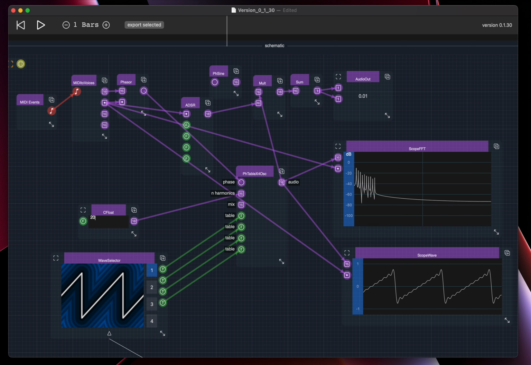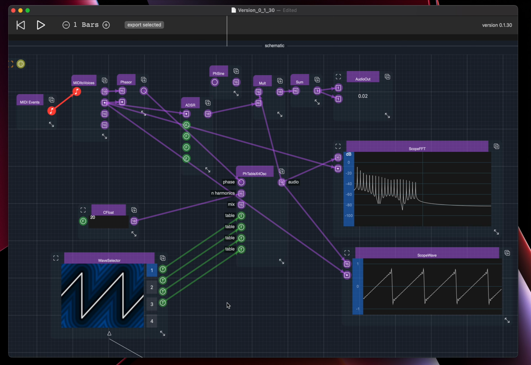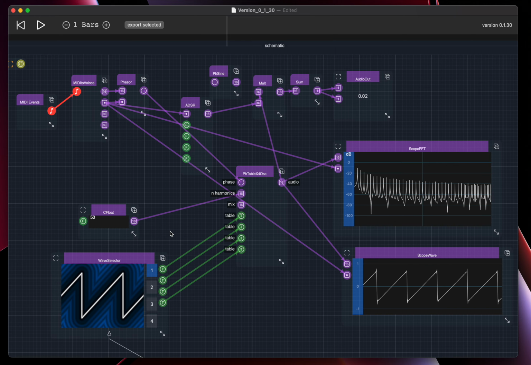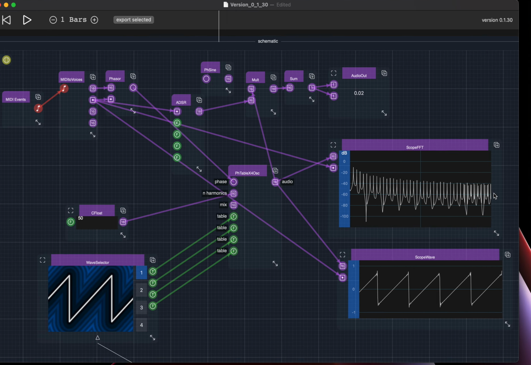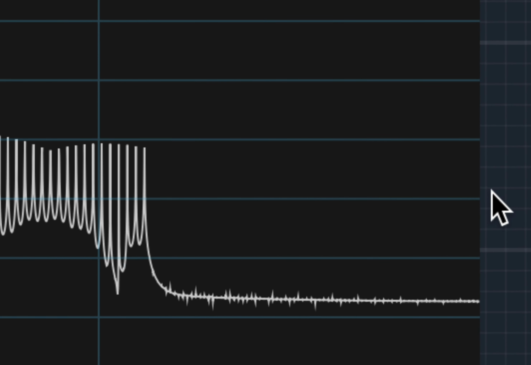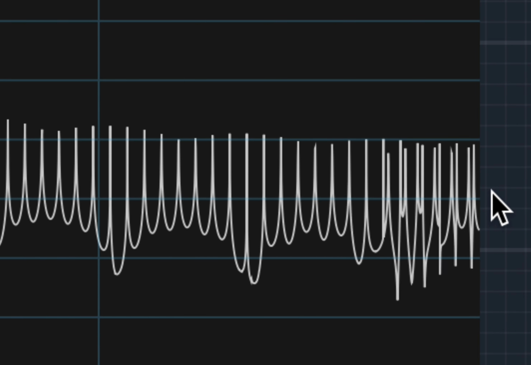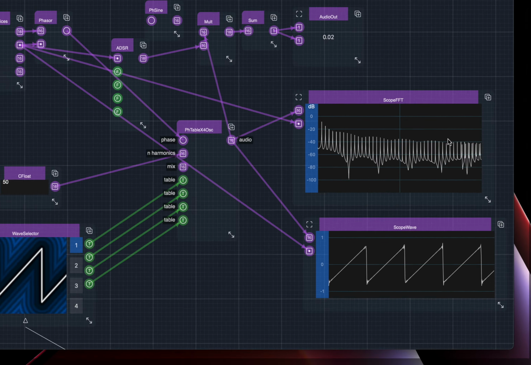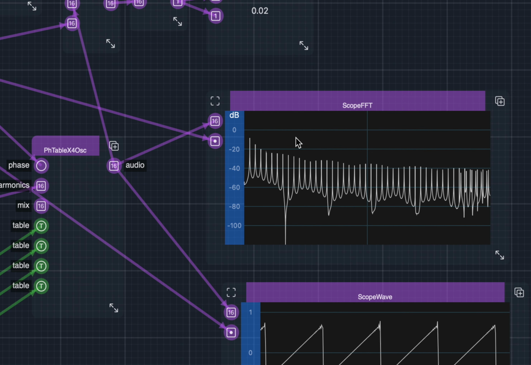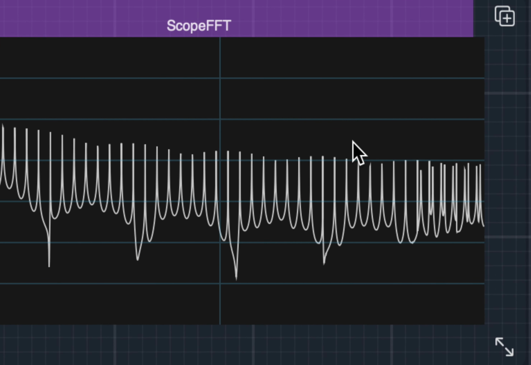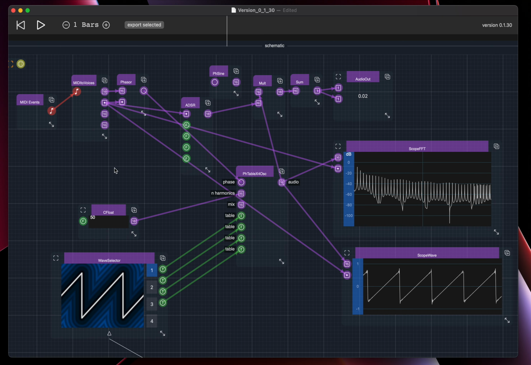Now if you want 20, you go like this. Now the problem is when you go too high, you start getting aliasing. So you can probably see there that the harmonics all look fine, but when it goes over the end bit, they bounce back and they create aliasing. Now what we want is to have the correct number of harmonics all the way to the end without bouncing back, and the way you do that is with a component called frequency to n harmonics,